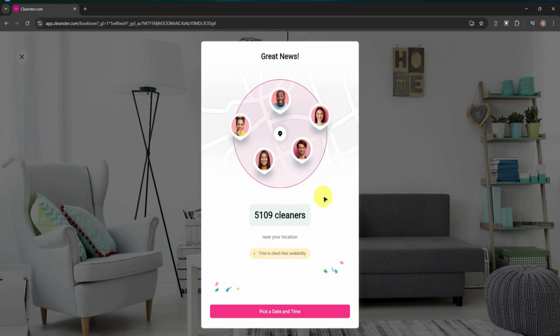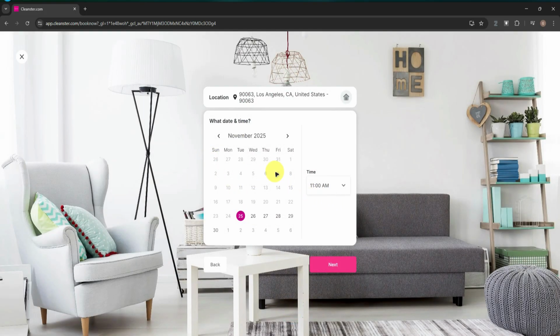There are 5,000 cleaners near our location. So just select a date and time over there. So just select the date and time when the cleaner will come. So let's say I'll just set it to November 26th, set the time as well, click on next, and afterwards